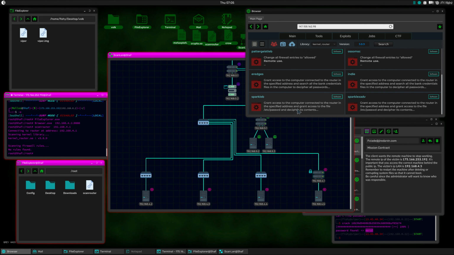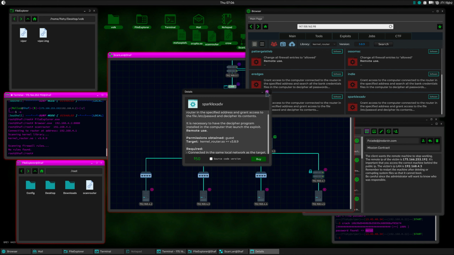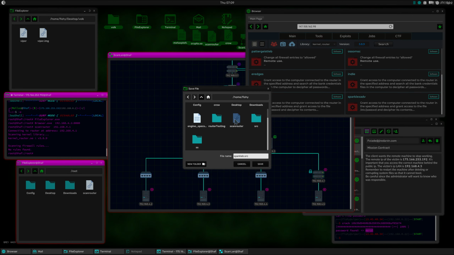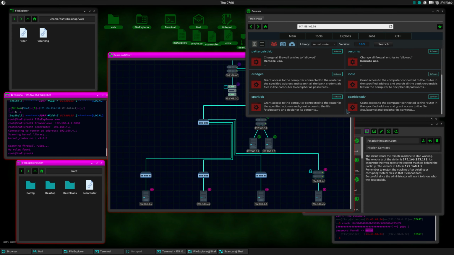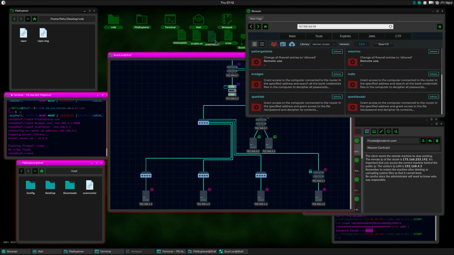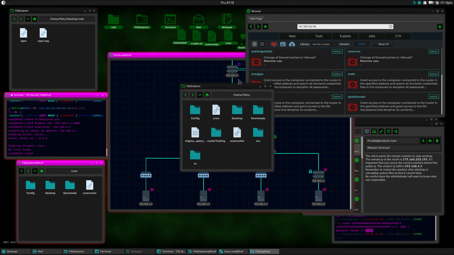Now we're looking for one that's access to etc password and deciphers its contents, and we're looking for one that says this. We're going to save the source version. Delete my old one. Close. What we're not looking for is one that has required stuff, because it will not work if you need to be connected to the same network. So now that we have that,